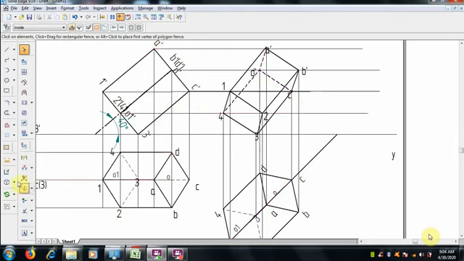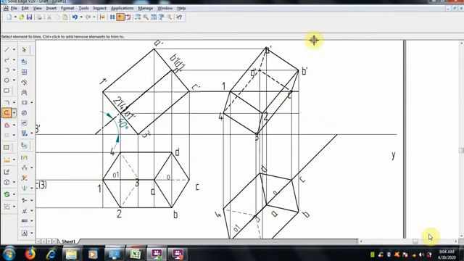So AD, DC and 4D are hidden lines, because they are coming under the visible limits.